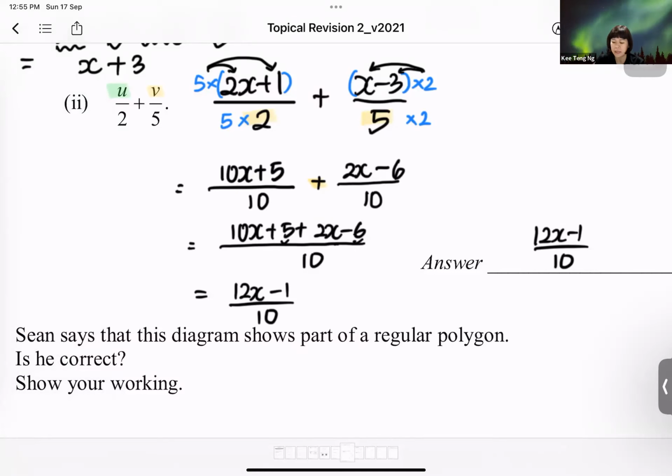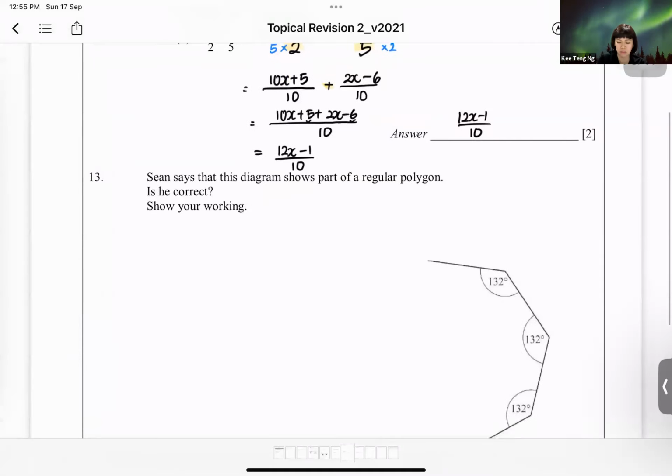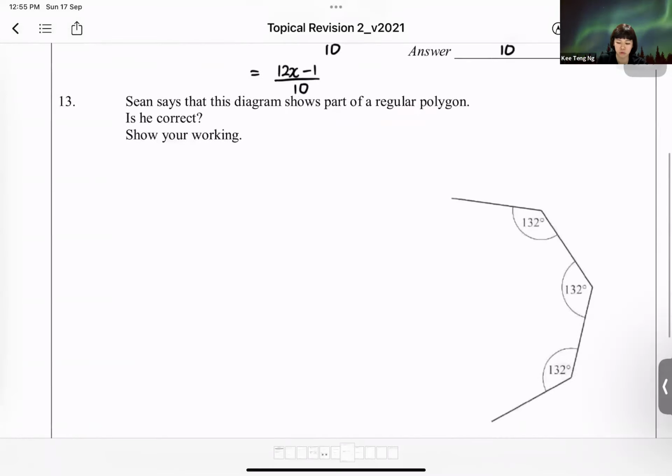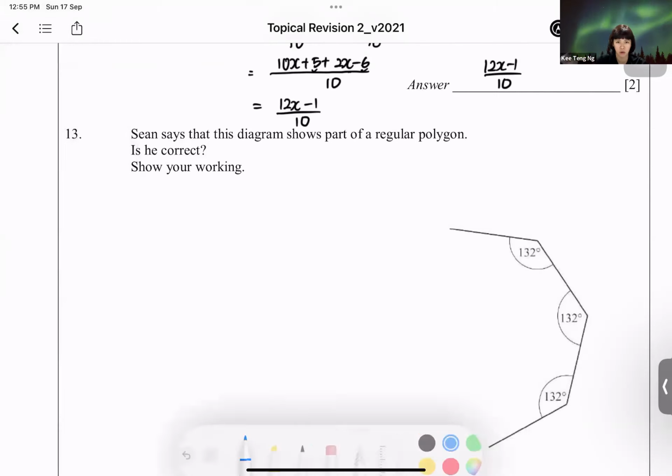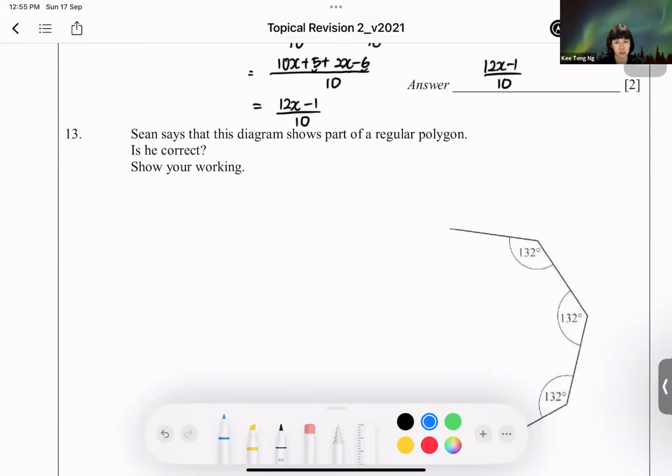Okay. Next question. Oh, this is an important question. You need to know how to do polygons. Before we begin with polygons, right, let us go through a little bit more of the formulas for our polygon. Let's recall certain concepts, right? Angle sum of a polygon, the total angle of a polygon. So total sum of angles of a polygon. If a polygon has n sides, that will give you n minus 2. You take n minus 2, you times 180 degrees. Okay, so this is the total sum